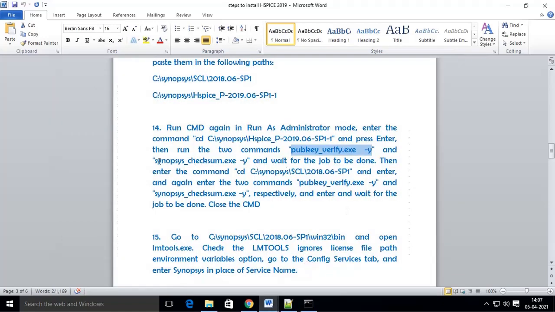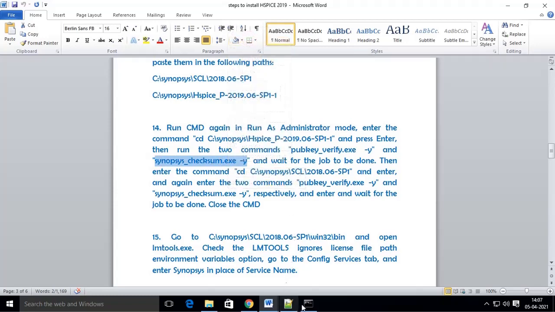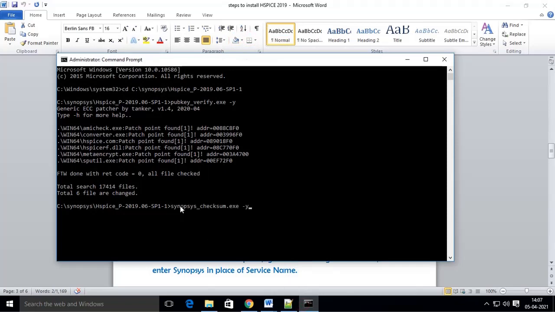Similarly execute the other command. Copy that file and run it in the command prompt. Wait until the job is done.